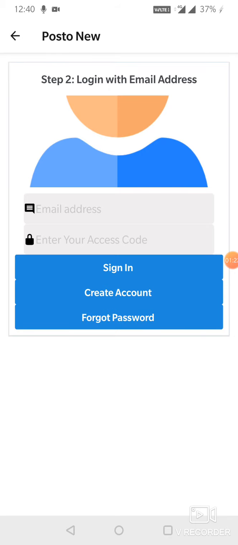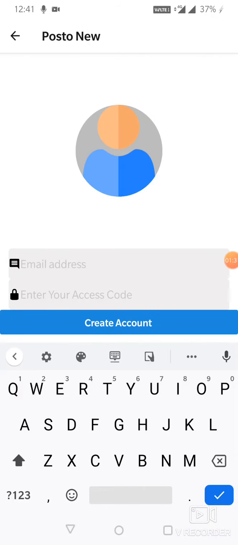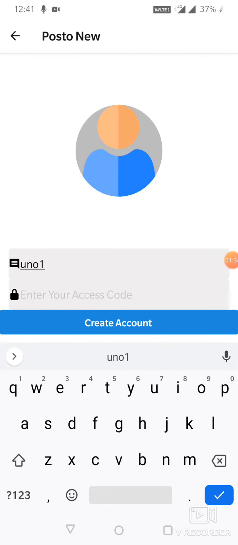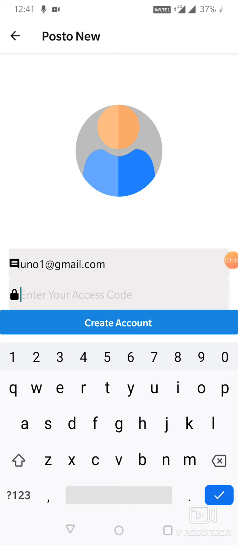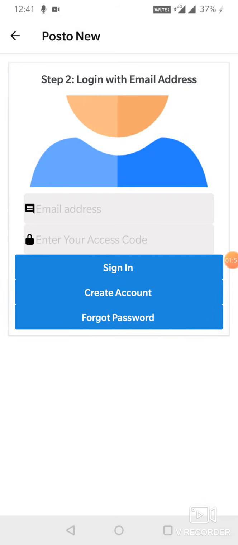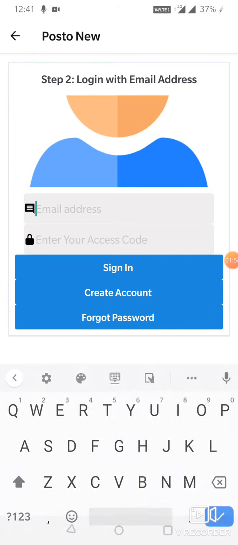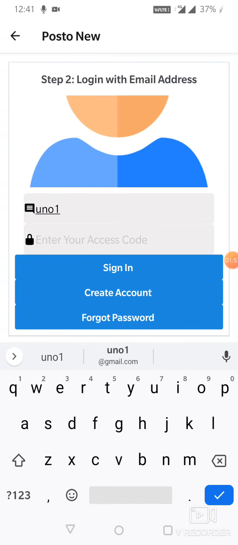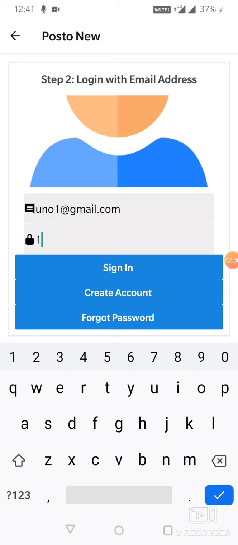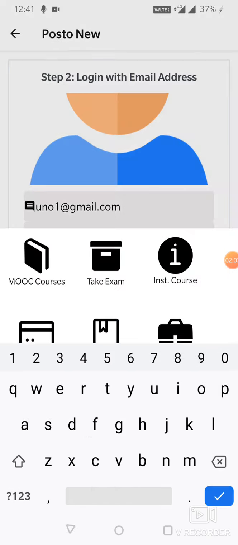Here in the screen, if you have an account already created, please do not create an account. If you do not have an account created, click on create account and create one. Please use the email ID that you use regularly, that is already in use, and set the password of your choice and click on create account. Now that the account is created, you get the screen where you have to enter the same email ID that you used to create the account and give the password that you set and click on sign in.